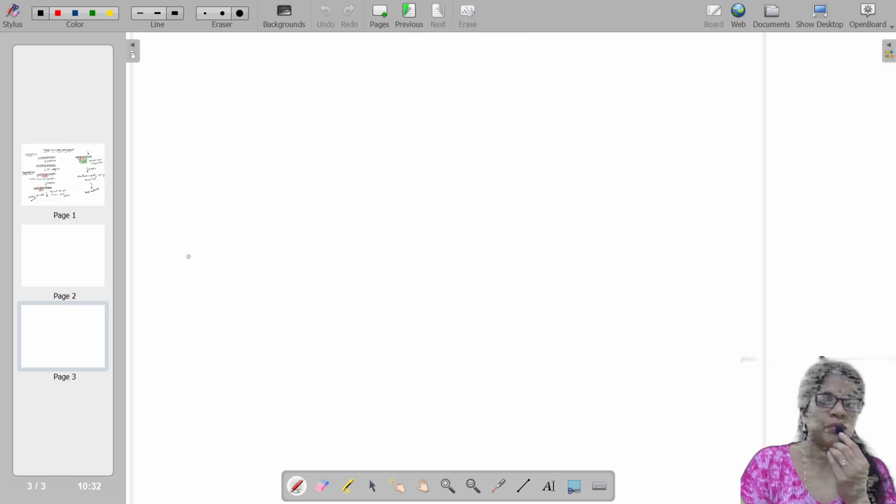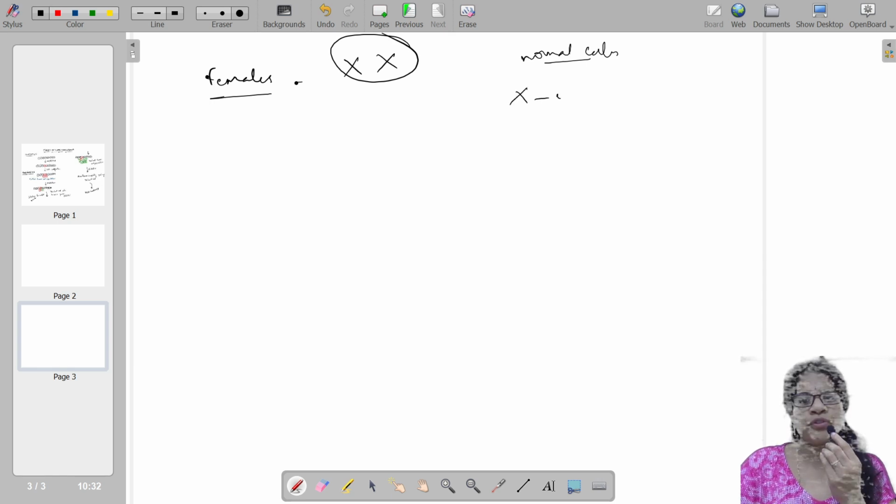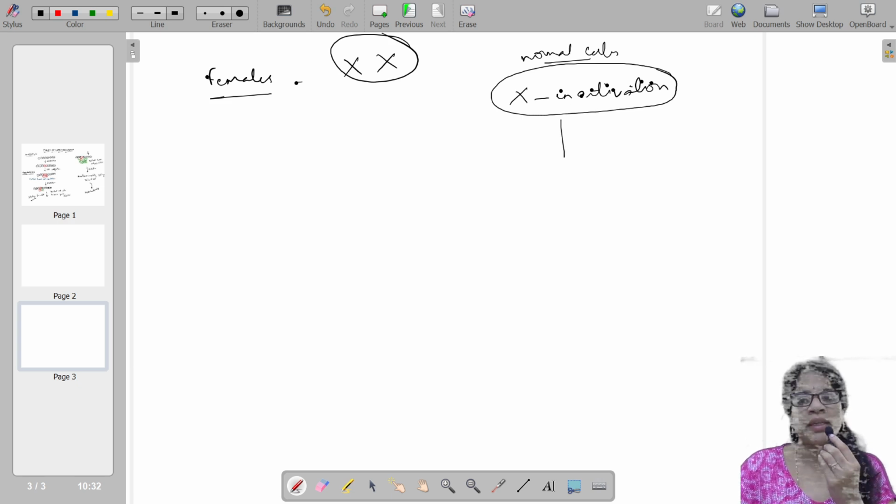Now, what I want to talk about is X chromosomes. We know that females have XX, two copies of the X chromosome. Please remember, what happens in normal cells is X chromosome inactivation. This is the main term that you come across in cancer cells. What is X chromosome inactivation? It happens during embryonic development,